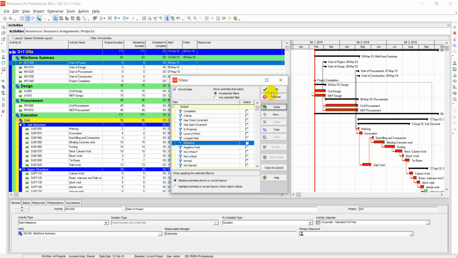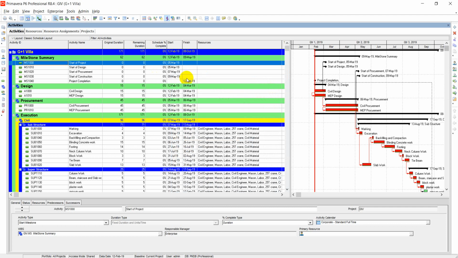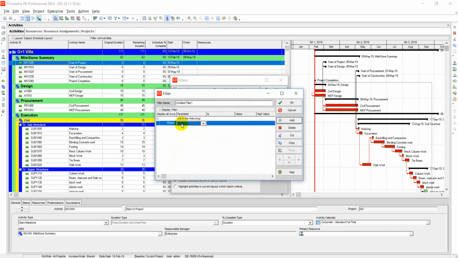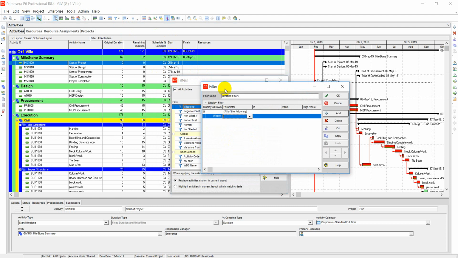Now, if I want a filter which is not defined here, I can define my own filter. Click this New, and let's say I want to filter it by WBS, where WBS, I will name it my filter,